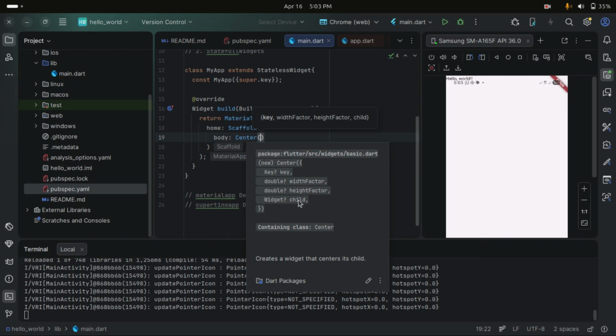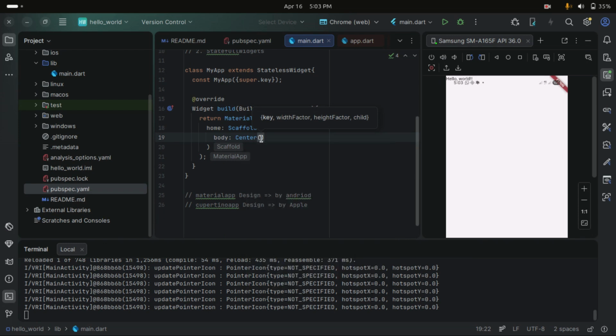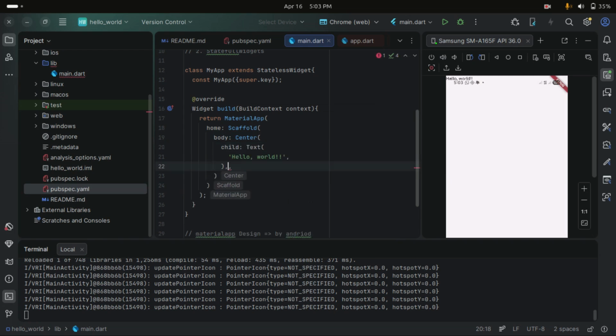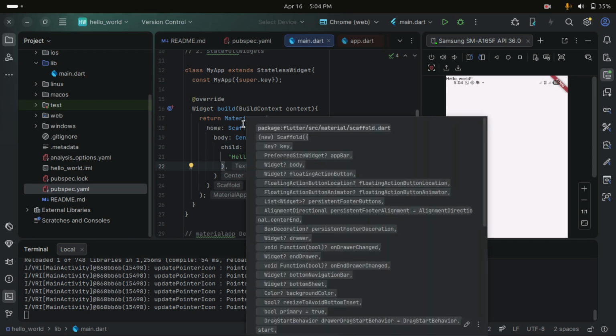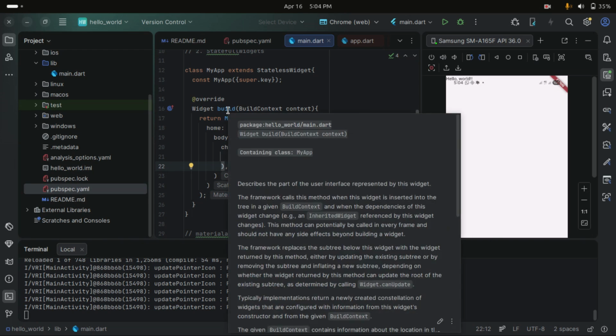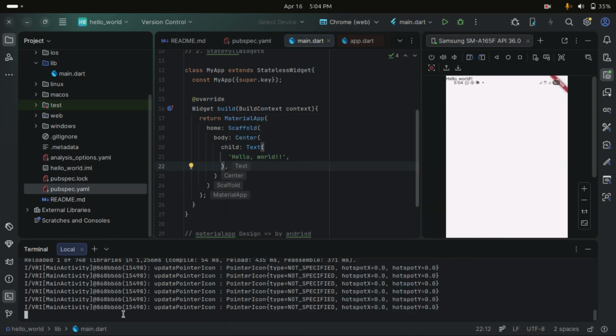One of the properties of the center is a child. So I'm going to put here child, and now I can confidently put my text widget. Now if I put my text widget, I discover the text is in center, and center is in the scaffold, and the scaffold is in the material app, and the material app is in this build function. And if I hot reload it,